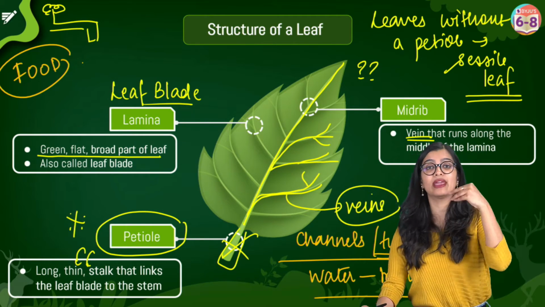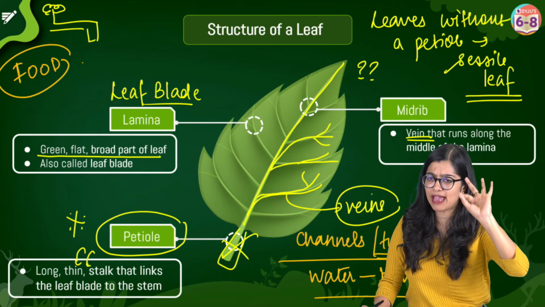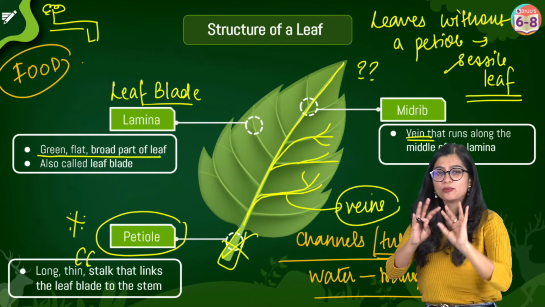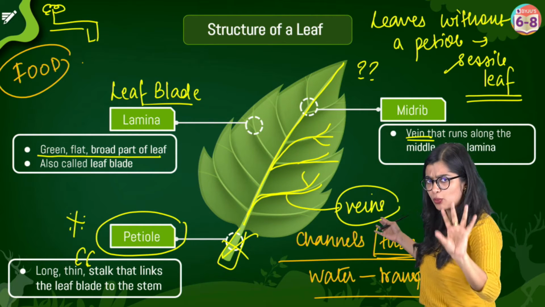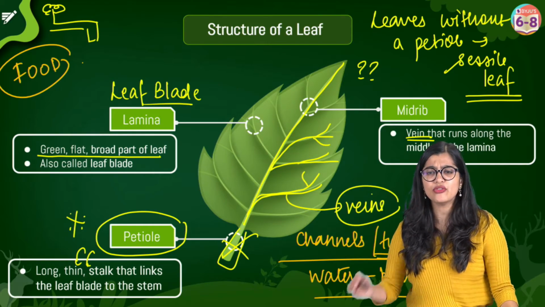But for now, I hope that the structure of the leaf is clear. Yes? Very good. Now, let's observe and talk a little bit more about these veins, right? Because as you see, this pattern that you see right here, if you look closely, let me just zoom in. If you zoom in, you can see the structure more clearly.